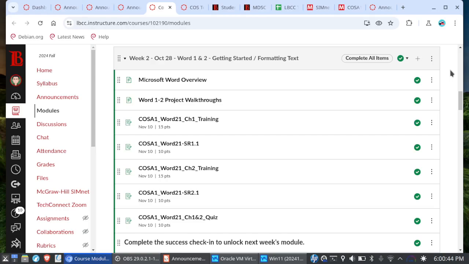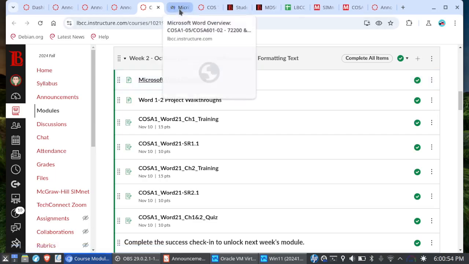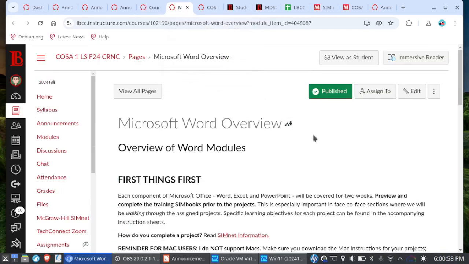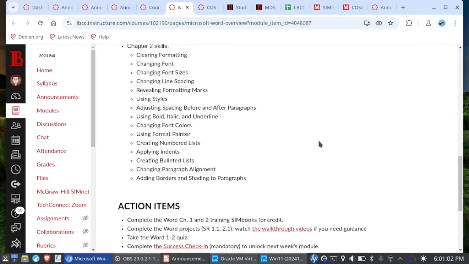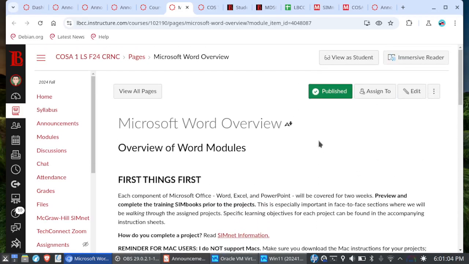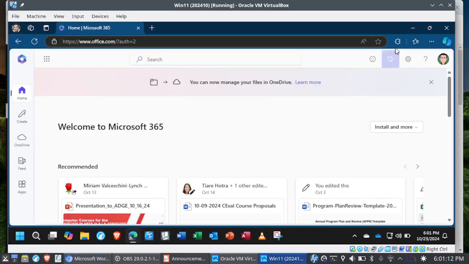We're going to be spending 2 weeks together working on Microsoft Word. And again, you want to take a look at the overview page. This is already open and available to you, by the way. I know some folks have already jumped ahead, but make sure you take a look at the overview page. Now, online folks, if you are working on projects from home, right? The skill review projects, you want to make sure that you have a Windows PC available to you.